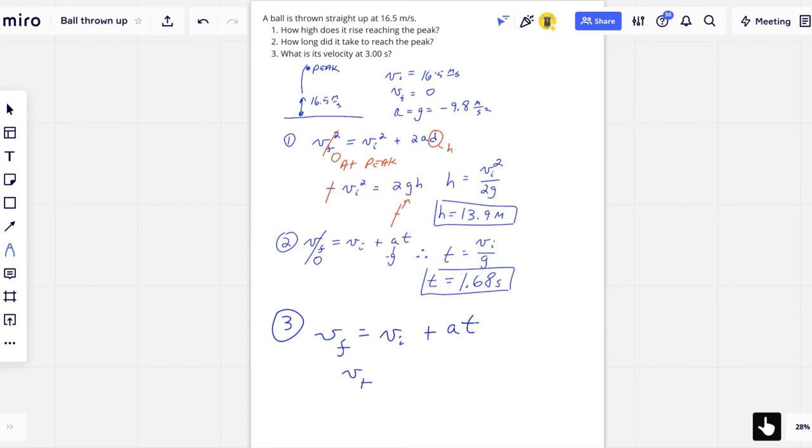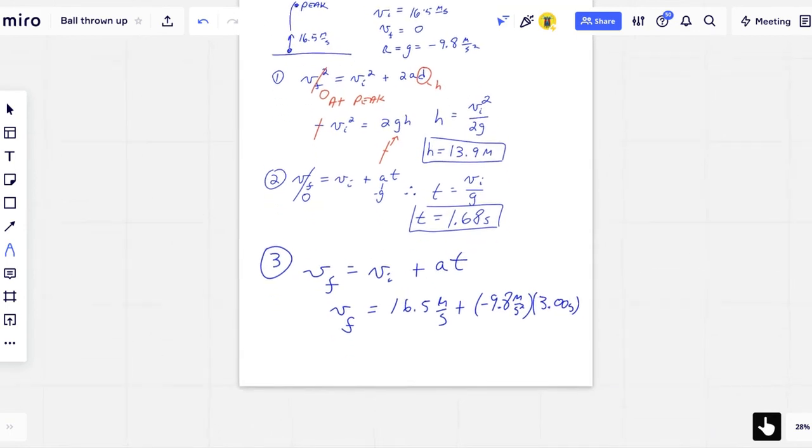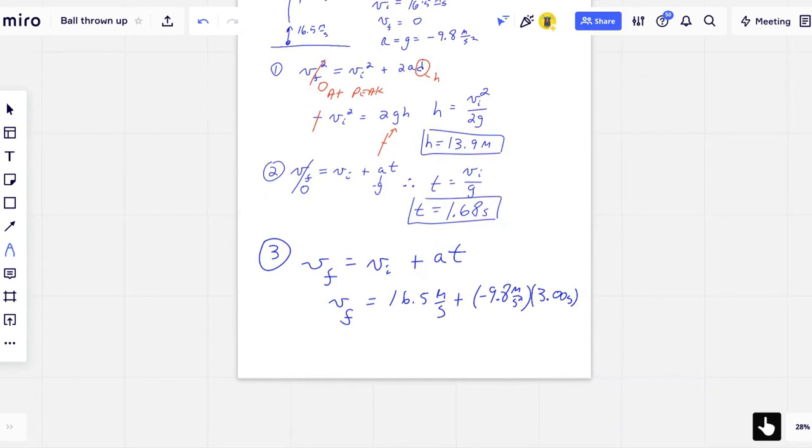So v final equals the v initial, which is 16.5 meters per second, plus negative 9.8 meters per second squared times 3.00 seconds. When we do this out, it's going to be 16.5 minus whatever 9.8 times 3 is. And we get 3 times negative 9.8 comes out to negative